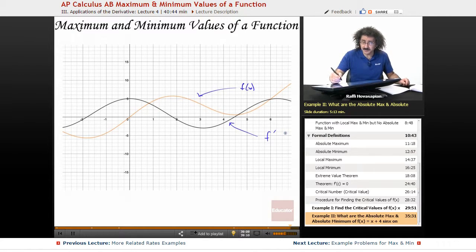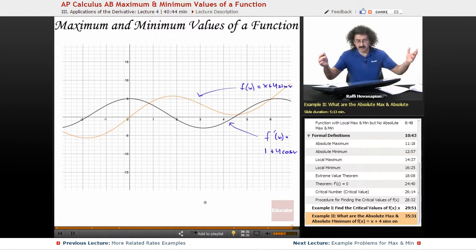Okay. So this f of x here, this is the x plus 4 sine x, and this f prime of x, this is equal to 1 plus 4 times the cosine of x. So that's it. It achieves its maximum value at, whatever it happened to be, which was 2 pi, I think, and its minimum at 0, and there you go. That's it. Over the domain,